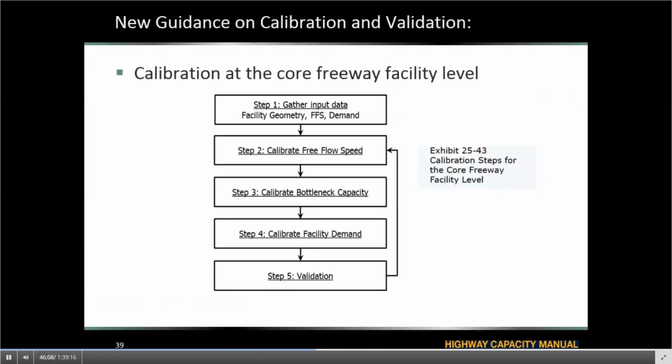Here, as an example, I'm showing a little more detail on the core freeway facilities analysis calibration. As you can see, at the beginning the user needs to gather data: the facility geometry, free flow speed, demand, etc. Then, by putting everything together, the very first thing that we need to calibrate is the free flow speed, based on the guidance in the HCM 6th Edition.